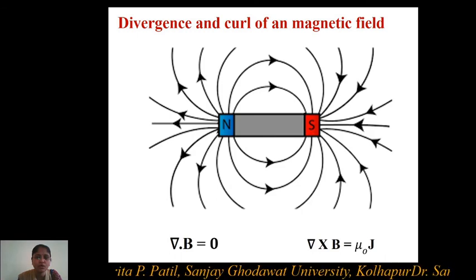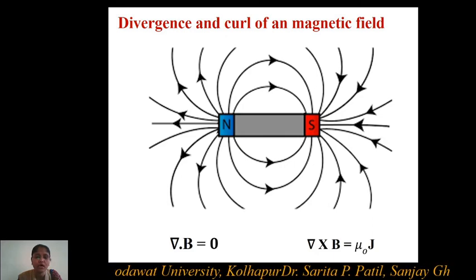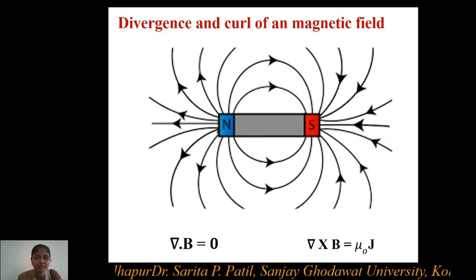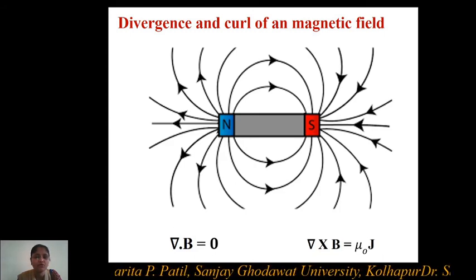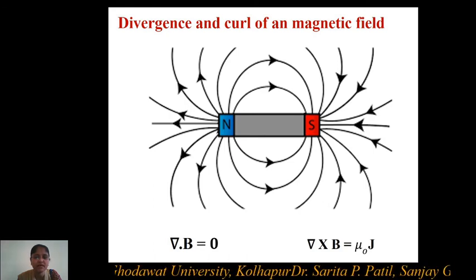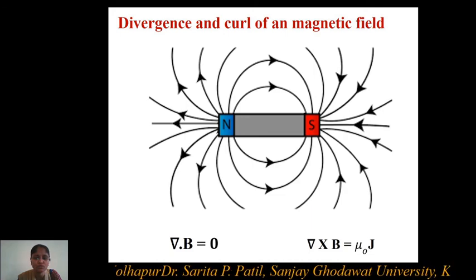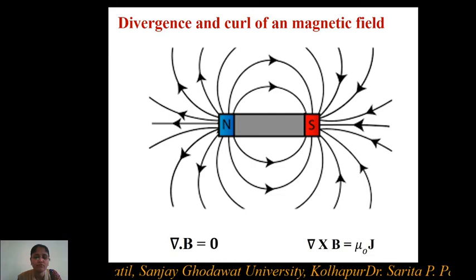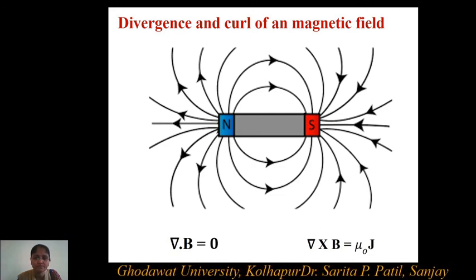So all the lines shown here will form a loop, and therefore, looking at the diagram itself, looking at the nature of magnetic field lines itself, we can conclude that the curl of magnetic field has a certain value, it is a non-zero number. So here del cross B is equal to mu 0 J. This particular expression you can derive, or will derive, in Ampere's law. It indicates that magnetic field lines are in a loop form.